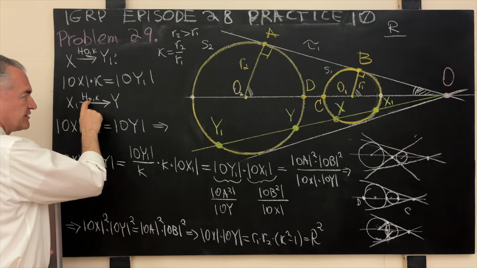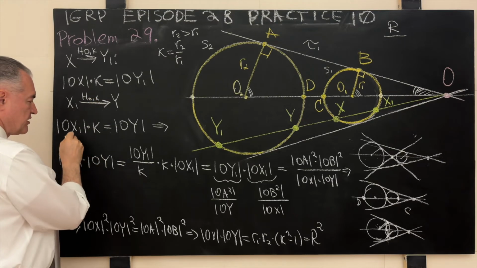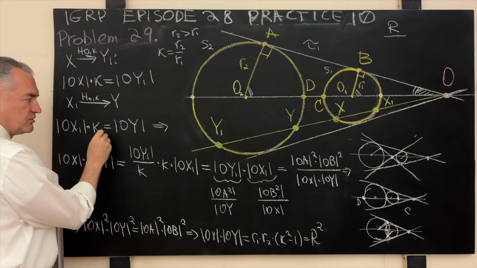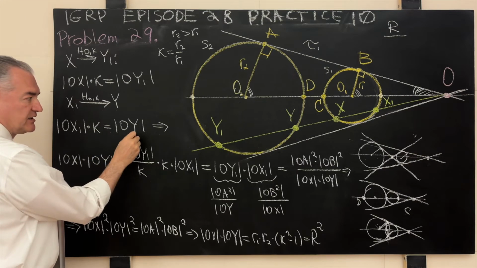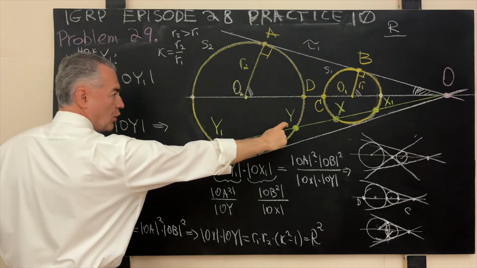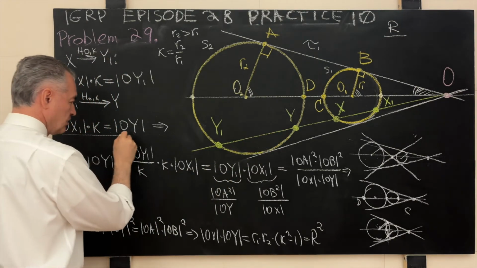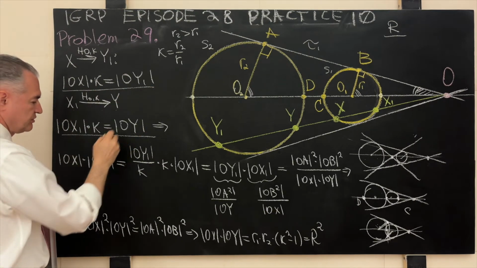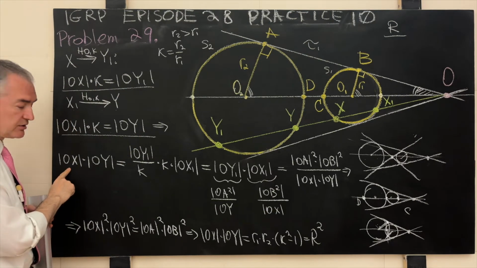Again, by the homothety centered at the point O with the coefficient K, that means that the distance OX1 times K, which is greater than 1, is equal to the distance from the center of homothety to the point Y. That much we know. And then using these relations, we simply construct again the product